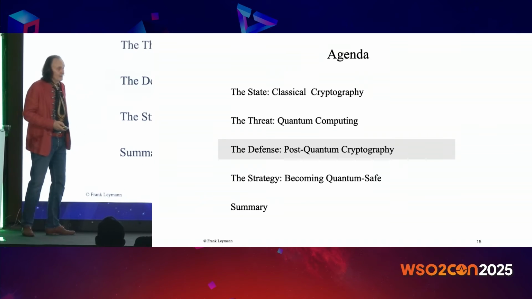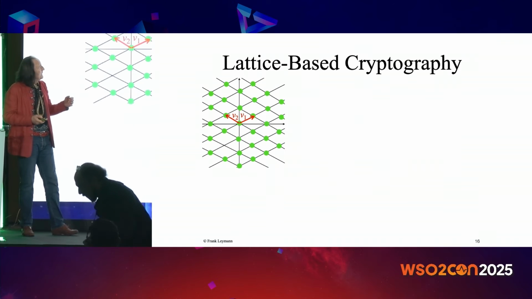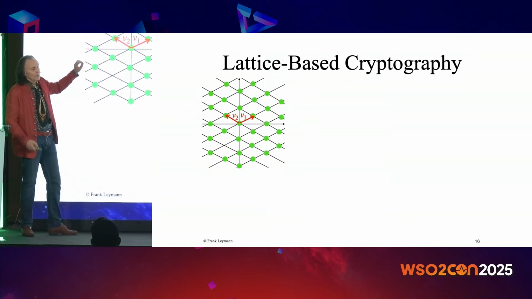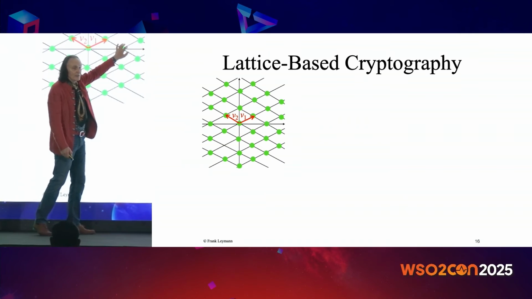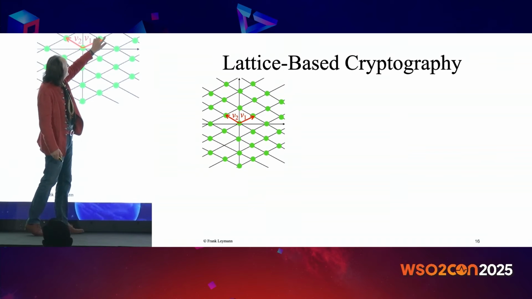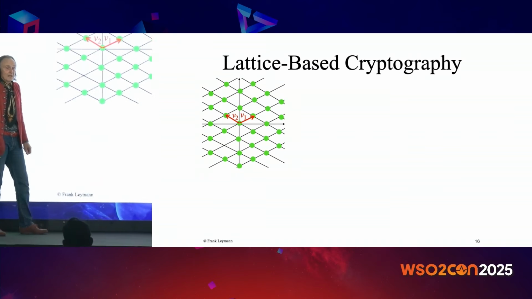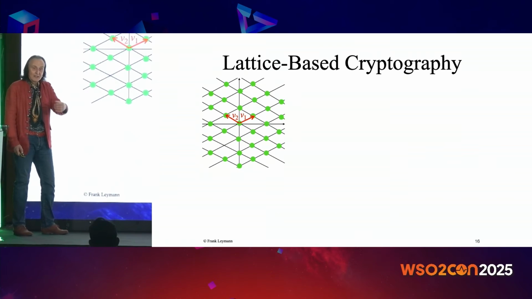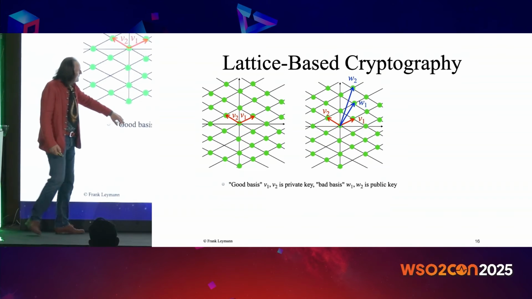And the defense is something called post-quantum cryptography. What the hell is that? It's centered around algorithms very different from prime factorization and elliptic curves. It refers to lattice-based cryptography. A lattice is a set of discrete points in a vector space, and you have two vectors here that span the lattice. Multiples of each vector and combinations of the multiples form this kind of a lattice. And there are lattices defined, like RSA is defined, and what you do is the private key is this good basis.